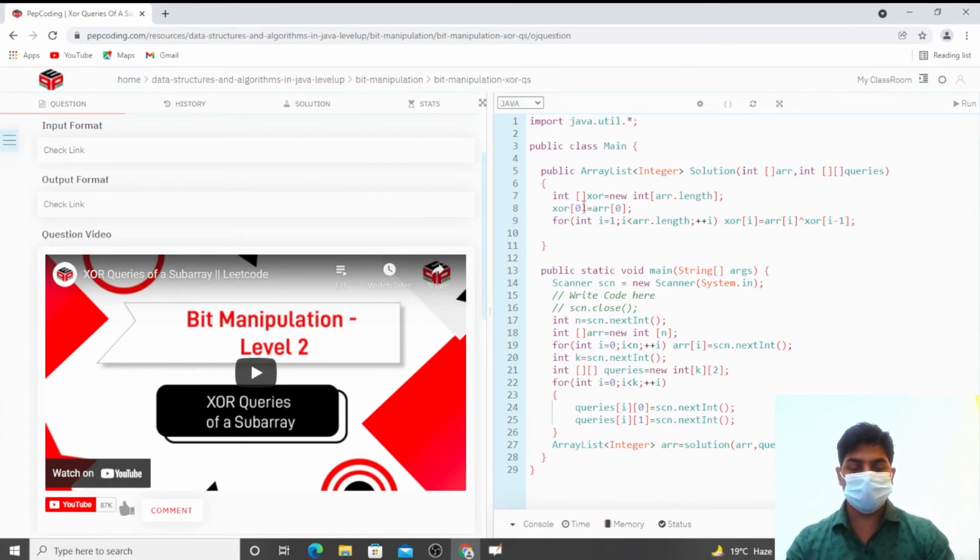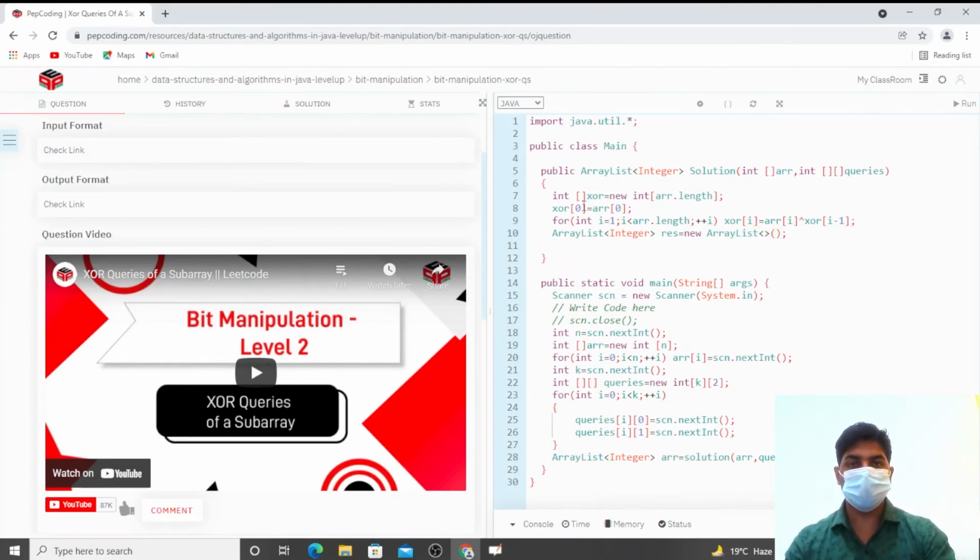So we calculated the prefix array. Now we have to return an array list of integer, so let's name it result equals new array list.